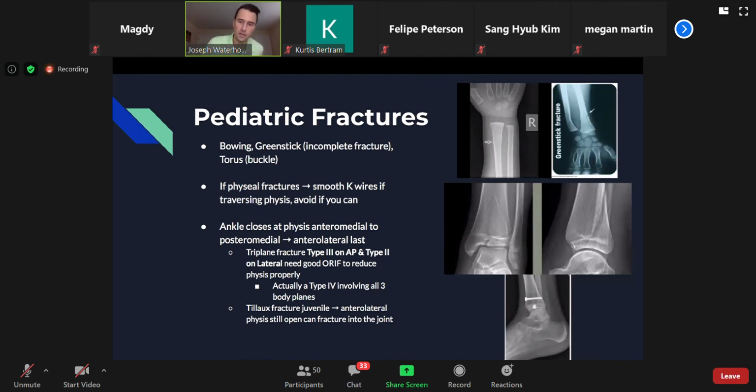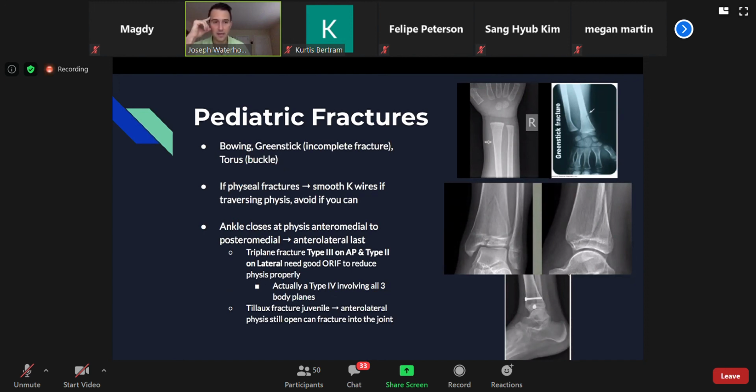All right, so for other fracture types that again could just be plainly asked for on a question where you just get an image, all it is is a torus buckle fracture. So that literally could be just a straightforward question where it's a greenstick where only one cortex is violated, the other one is not. Or it could be bowing, which would be a little tougher, but greenstick and torus would probably be the higher yield ones to just take a look at an x-ray like I have pictured up there and understand that's what is present. They would obviously have to give you something in the clinical history if it's a torus fracture,